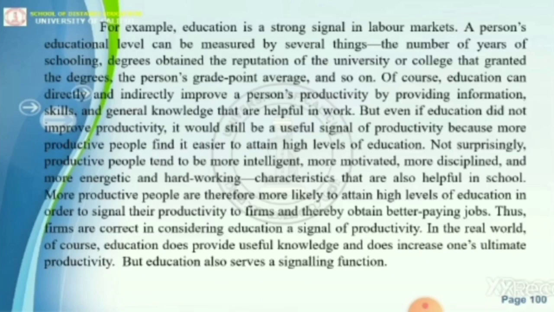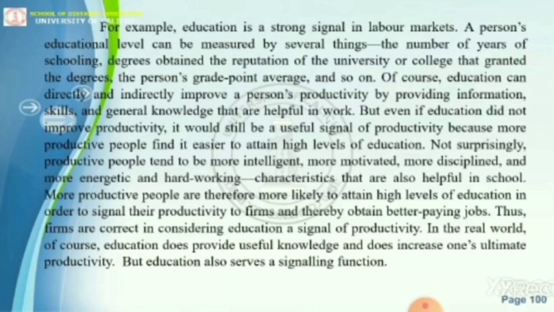For example, education is a strong signal in a labor market. A person's educational level can be measured by several things: the number of years of schooling, degrees obtained, the reputation of the universities or colleges that granted the degrees, the person's grade point average, and so on. Of course, education can directly and indirectly improve a person's productivity by providing information, skills, and general knowledge that are helpful in work. But even if education did not improve productivity, it would still be a useful signal of productivity,